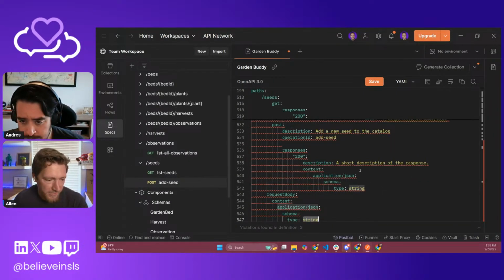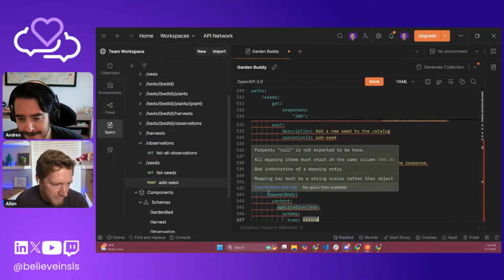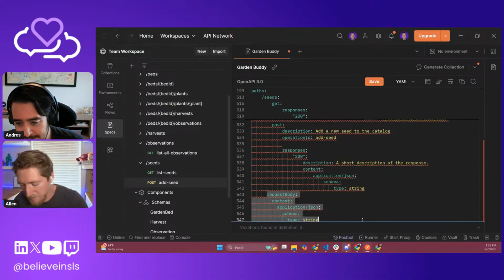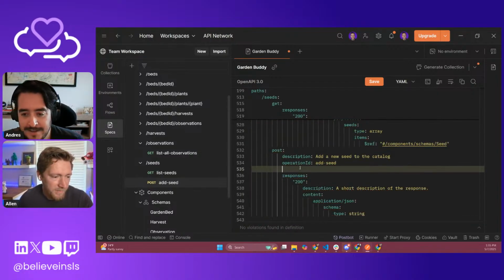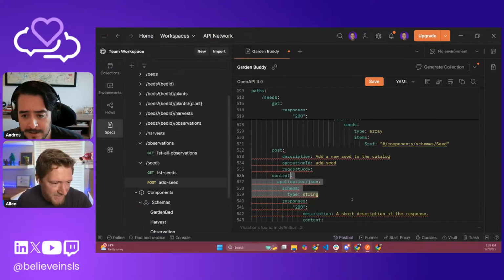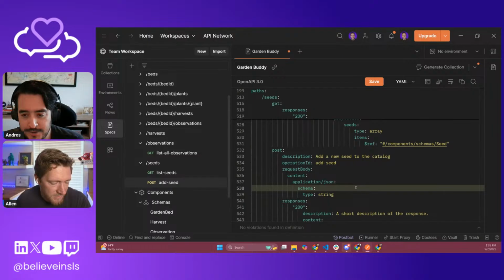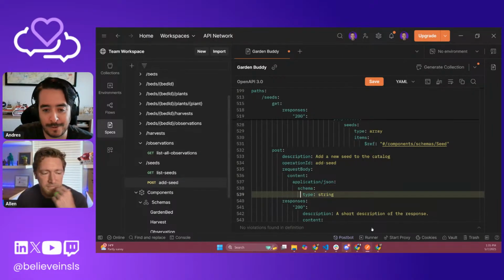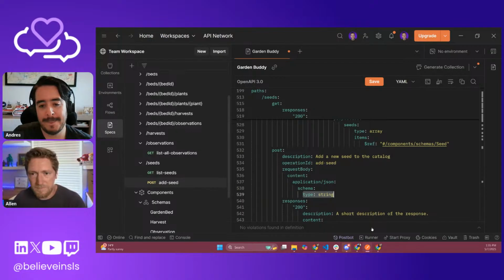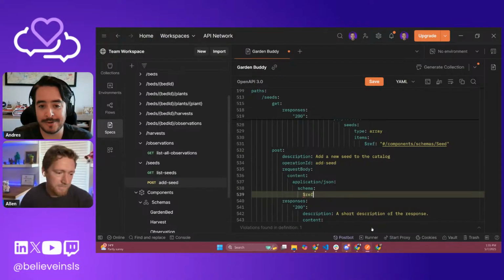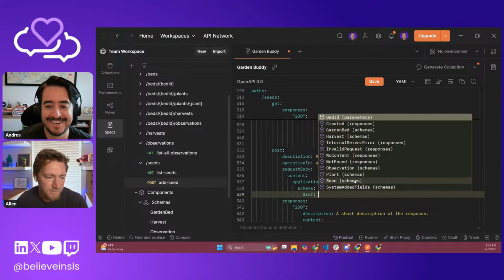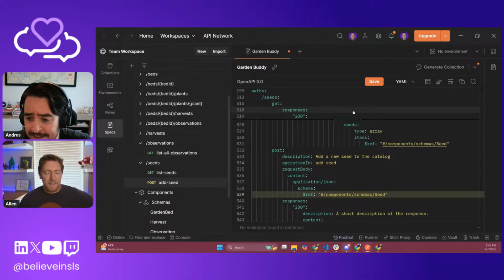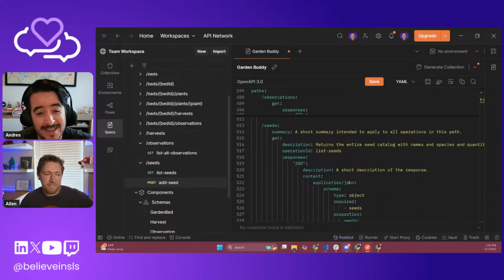Let's add the request body. That's nice. It just walked us through that. Still not in the right spot, indentation. Not even close to the right spot. Well, I mean, it can be on any part of it. There's no specific rule. Just a logical order, request and response. Okay, cool. So let's just leave it at that.